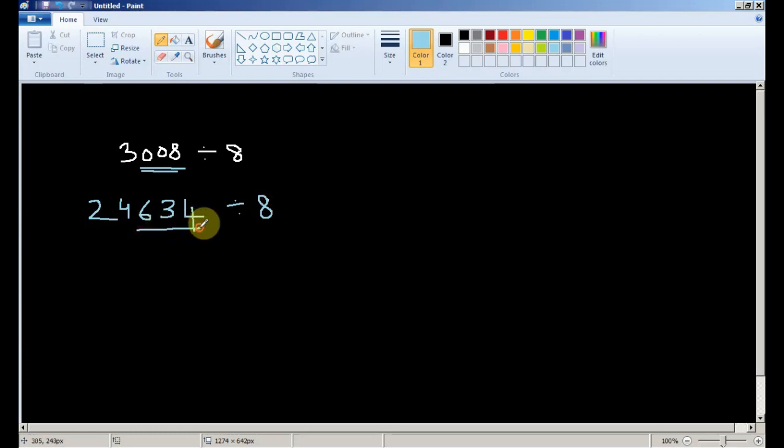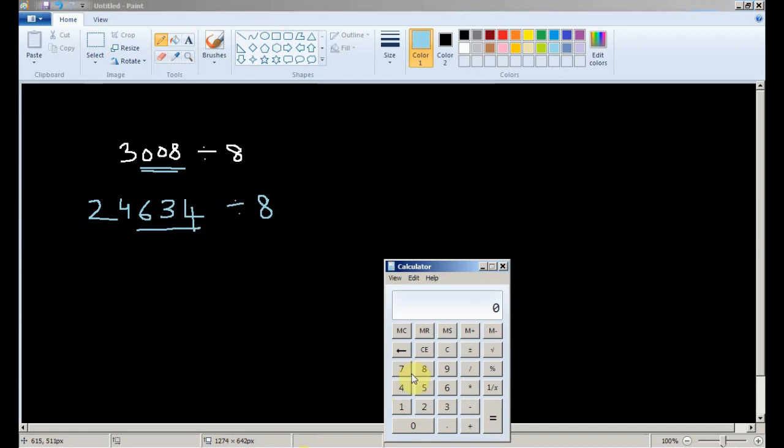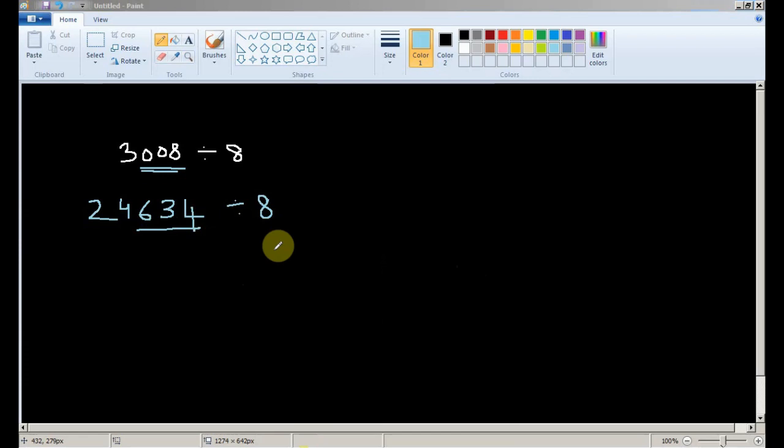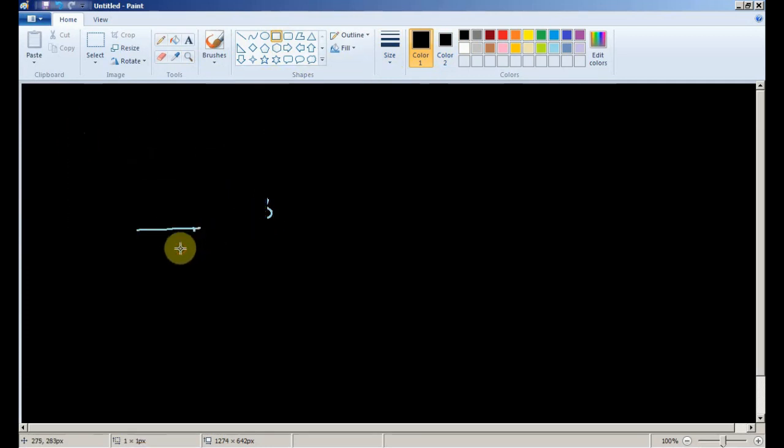So the last 3 digits are 634, and we should divide 634 by 8. 634 divided by 8, no, it's not divisible by 8. So the whole entire number is not divisible by 8. Like this we can go on, and we'll do a divisibility test on the number 9.